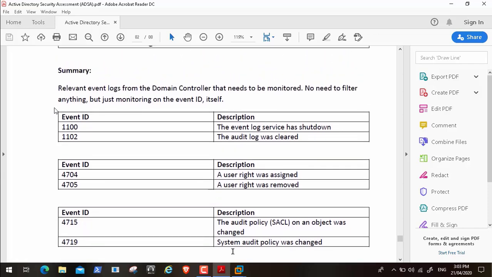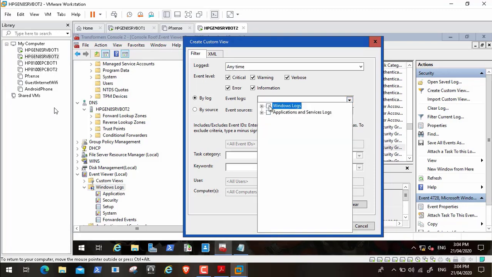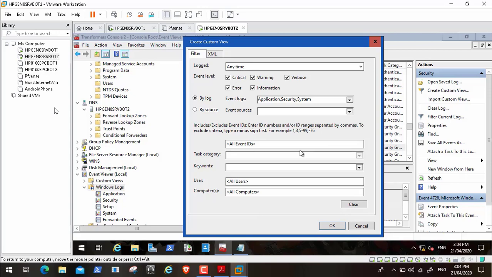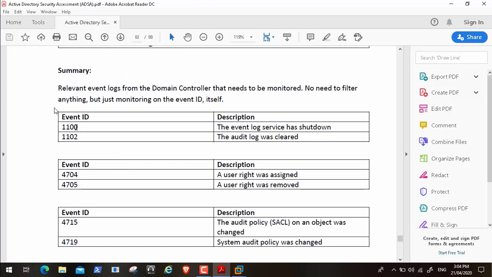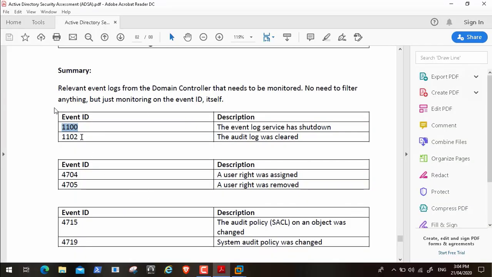So this is maybe the point where he is telling us the event IDs. This is actually a very good step, but I can add something to this document, a small tip just to make it easier for us to search the events without having to scroll down all of the security event log. So if, for example, he tells us that this custom view will contain the following event IDs, and if you have to put multiple IDs and they are not in sequence,